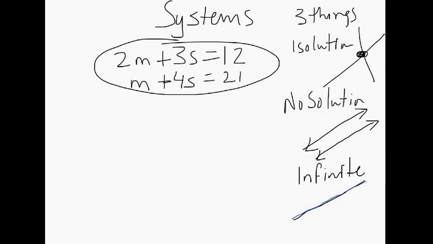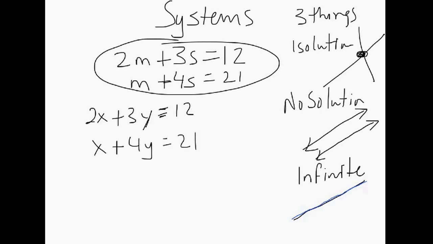To solve a system of equations, we'll just do this one up here, we'll convert it to 2x plus 3y equals 12, and x plus 4y equals 21. The last way we learned in class had you do the 4-step process to get it ready for the calculator. Left parenthesis,